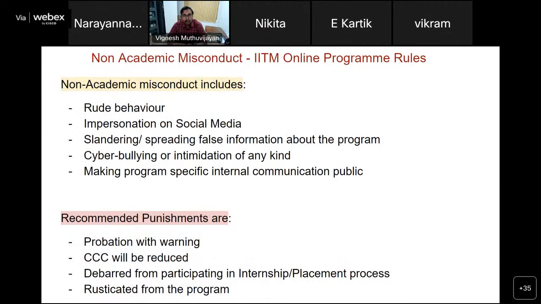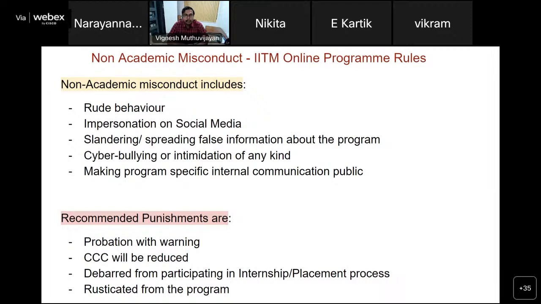There are also non-academic misconducts which we take very seriously. Any kind of rude behavior or impersonation on social media is considered to be non-academic misconduct, and things like slandering or spreading of false information about the program or about people in the program, or cyberbullying or intimidation of any kind, making internal communication public.